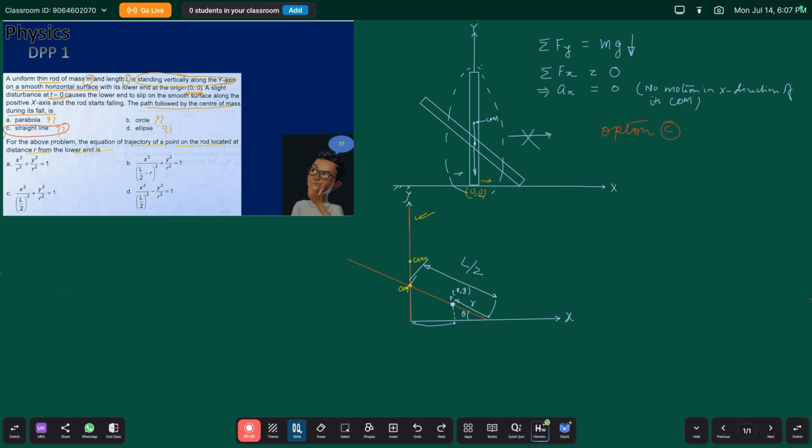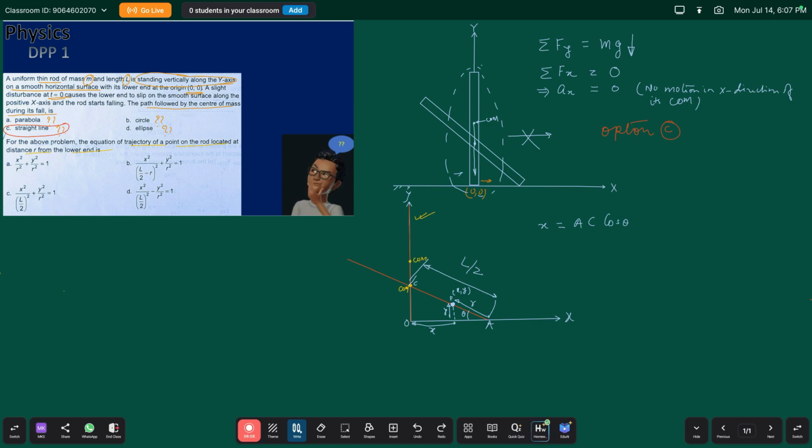X is this distance and y is this distance. This is the origin. If we call this A, the center of mass point C, and this point P, then x will be equal to L by 2, that is AC,